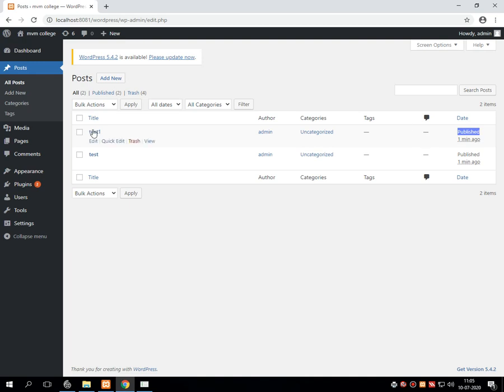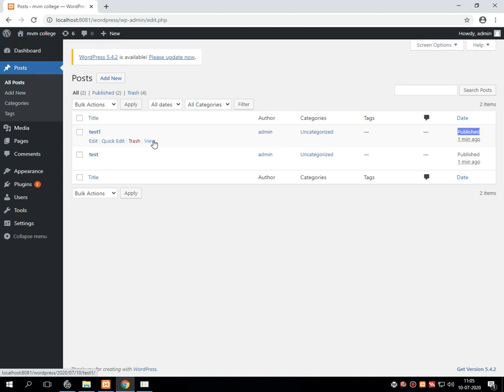That means we have to write one program for creating the post, one for editing the post, one for quick edit, one for trash, and one for viewing a particular post. So it is very complicated and requires lots of logical effort to write this code, which is very easy when we are using WordPress.